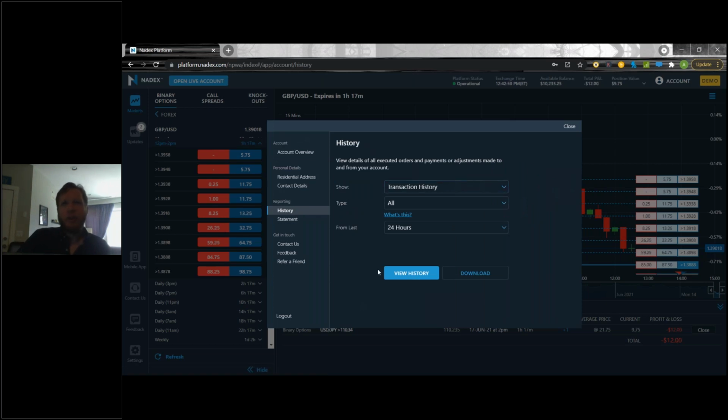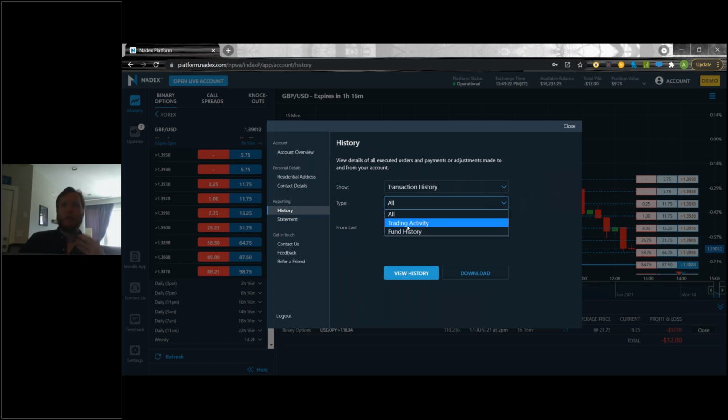Moving on here. Really quickly, we can go over the history. Just FYI, we are working on making history a little bit better, because we do know that this might not be the greatest way to actually see your history. But right now I can choose transaction or order. Transaction history is just going to show me where I actually got in, where I actually got out. While order will show you every single order, so it'll show you orders sent, order filled, order canceled.